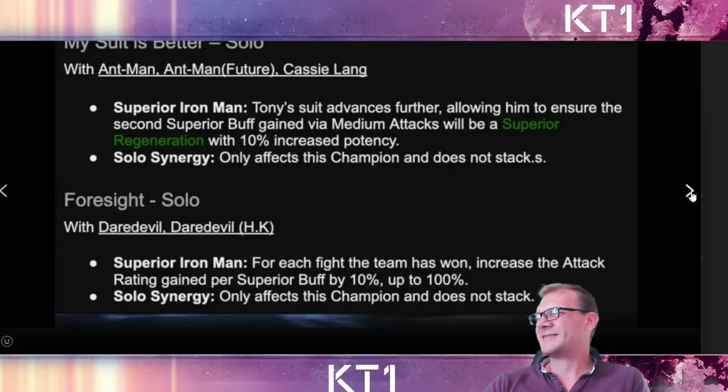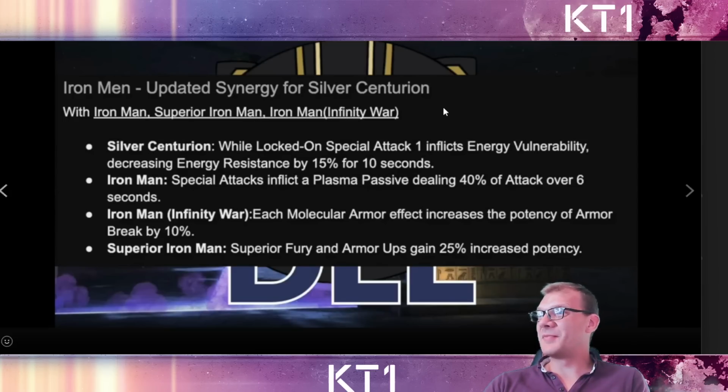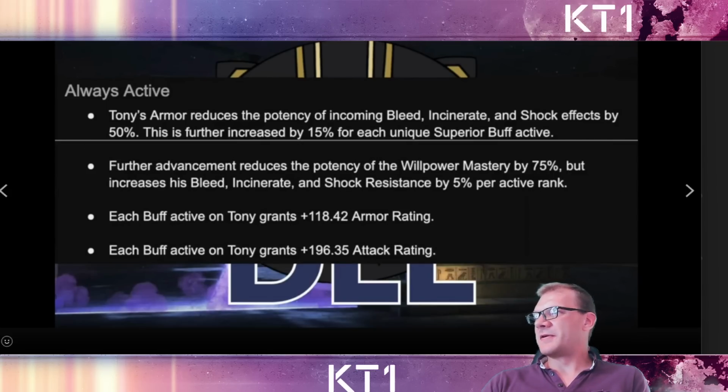So Iron Man, updated synergy for Silver Centurion, for Iron Man, Superior Iron Man, Fury, Superior Fury and armor ups gain 25% increased potency. Neat. Nice. That's about it. So synergy is nothing crazy. Overall though,